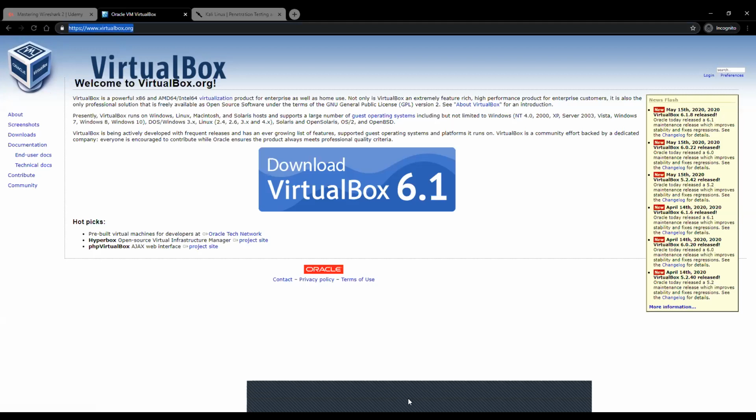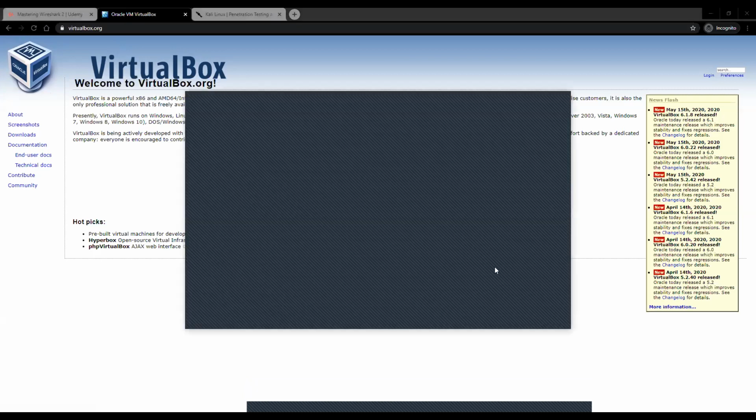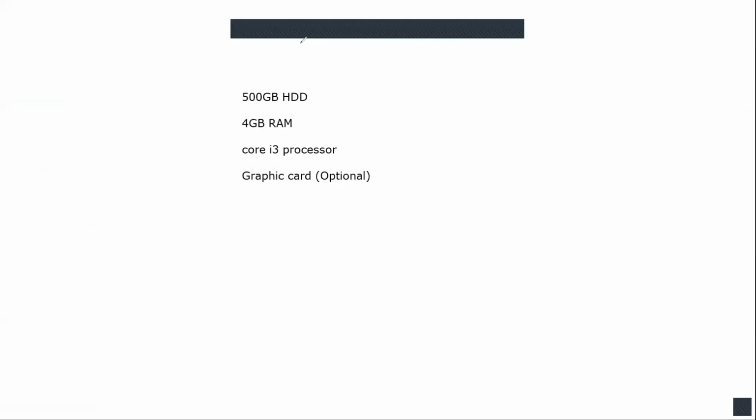So this is the website from where you are going to download VirtualBox. How are you going to do that? Let's check it out.